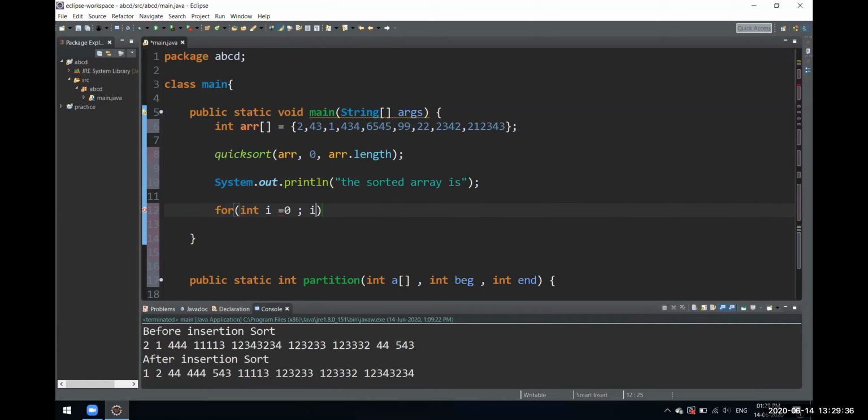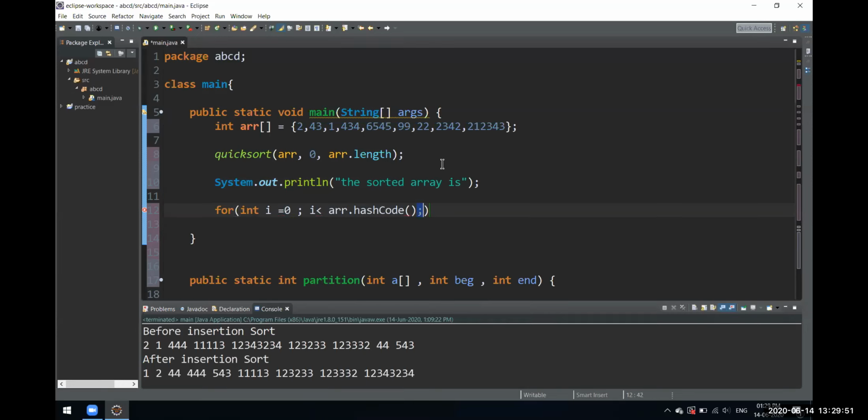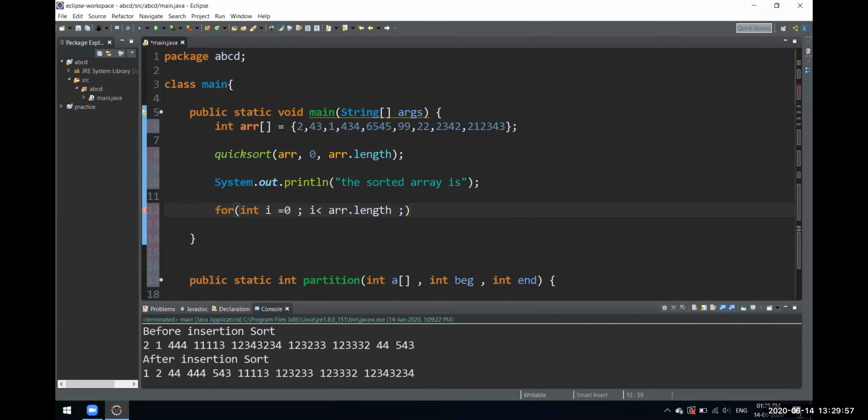It will start from 0, and i should be less than arr dot length. And one last thing, we just have our i++.